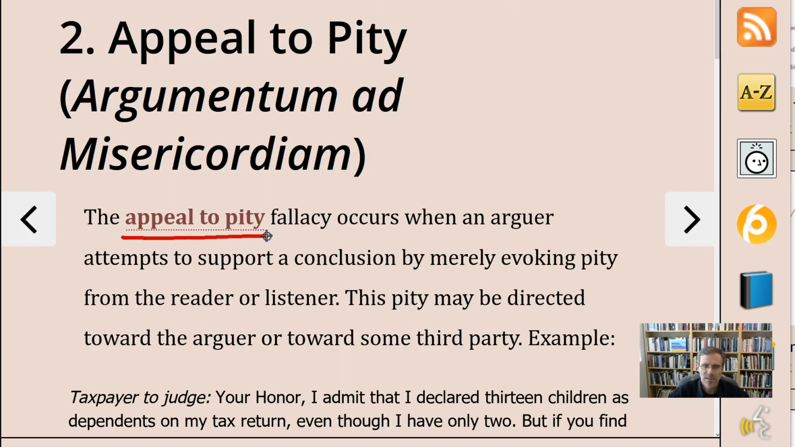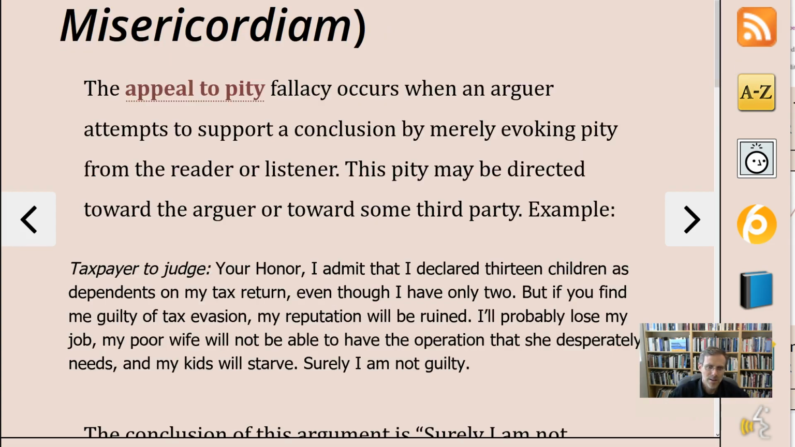Next we have the appeal to pity. The appeal to pity is a fallacy that occurs when an arguer attempts to support a conclusion by merely evoking pity from the reader or listener, rather than giving evidence that some claim is in fact true. And Hurley gives us an example here. We have a taxpayer to a judge. "Your Honor," says the taxpayer, "I admit that I did it, but my reputation will be ruined,